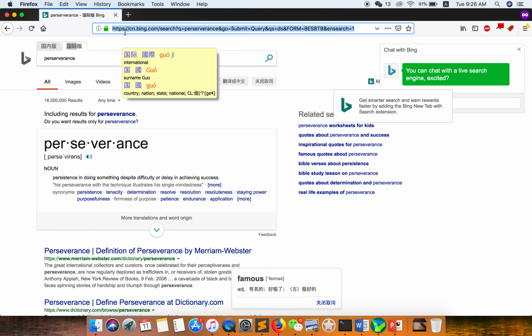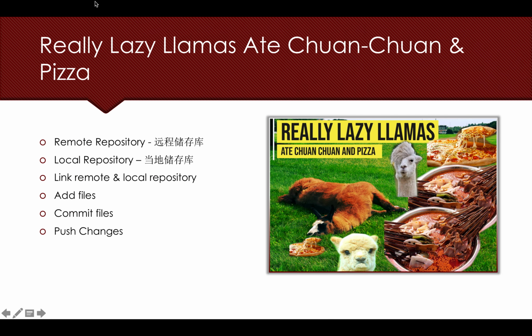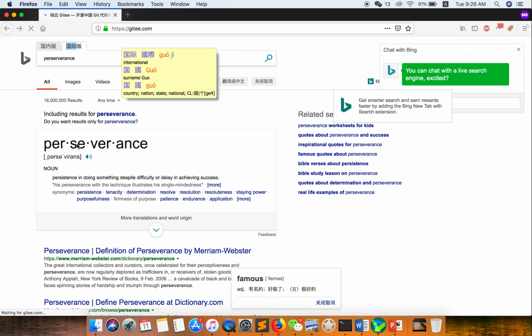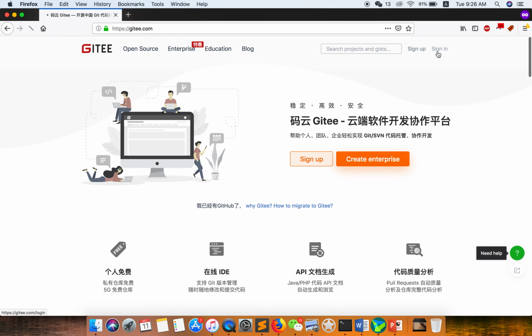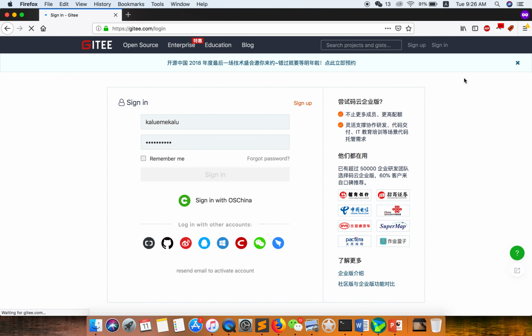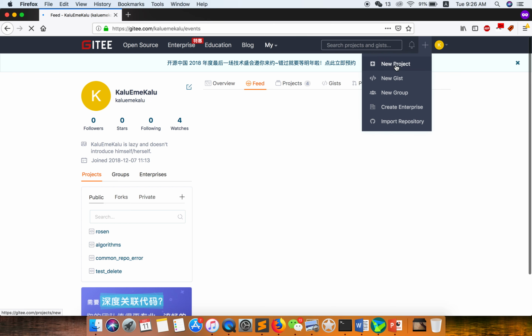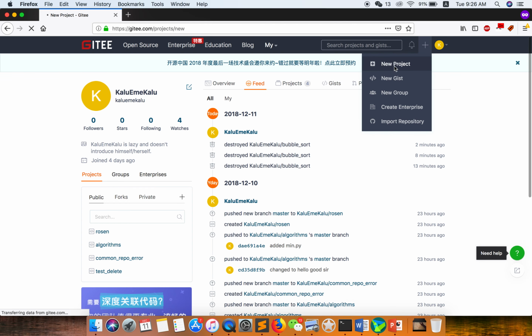Let's start with the first one, creating our remote repository. To create our remote repository, we want to go to gitee.com. If we're not already signed in, go ahead and sign in. Once you're signed in, you want to click on the plus sign over here and then go to new project,